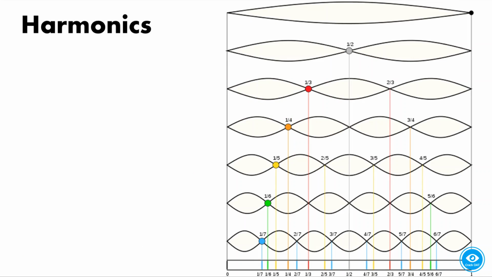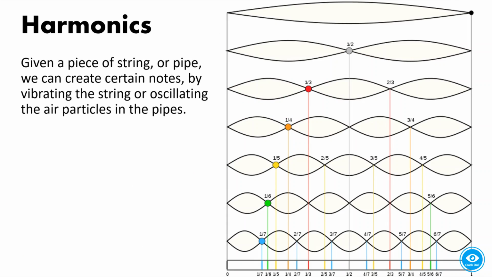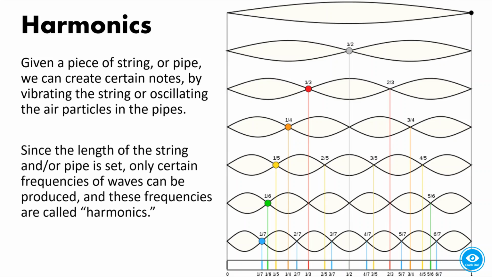So harmonics are basically an extension of resonant frequencies. They're basically like certain wavelengths or certain frequencies of sound that the instrument is meant to create. And these, like the set of